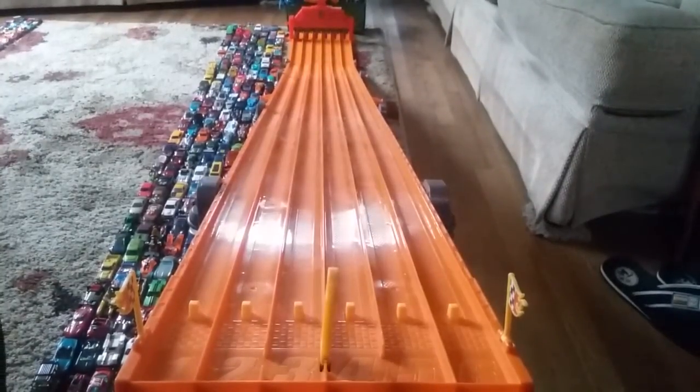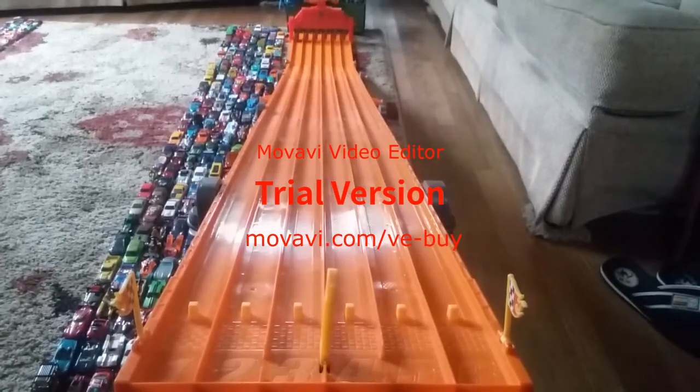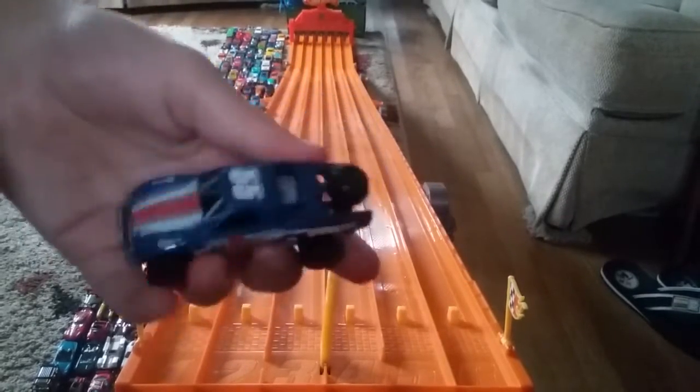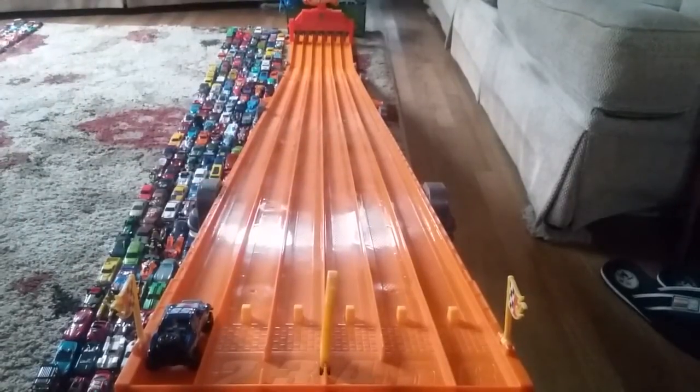Alright, now on round 1, race 129. In lane 1, we have a Toyota Baja truck, looks like. Off-road truck. I like to call these things Baja racers. In lane 2, we have...